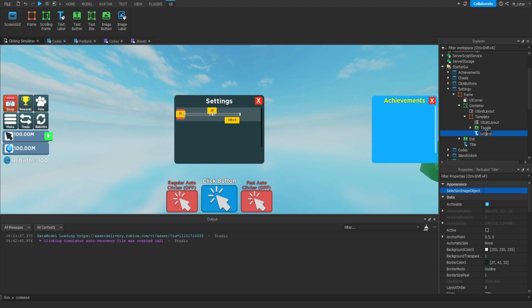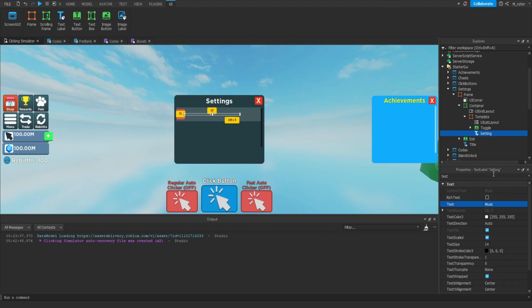We're going to rename this text label to be called setting, and for the text of this, we're just going to say music, as this is one of the settings we're going to be able to toggle in our game. Now, next what we're going to do is go ahead and resize this. And if you're wondering why when we resize this, it's kind of acting very weird or unusual, that's because we have the UI list layout, which is controlling each of these elements' properties. So that's why the position is different than normal when we resize it.